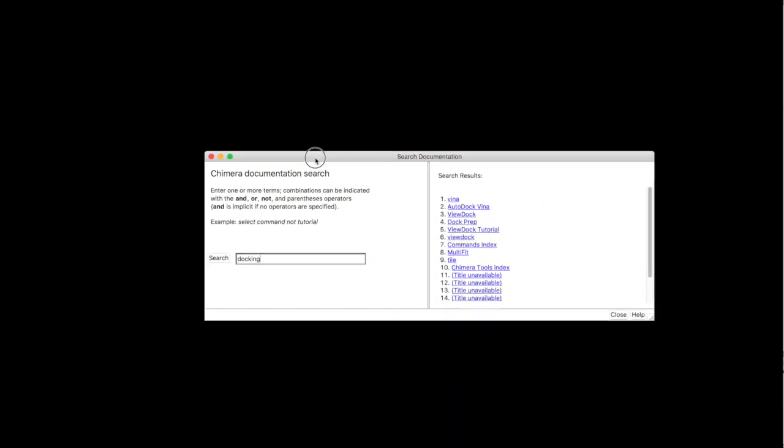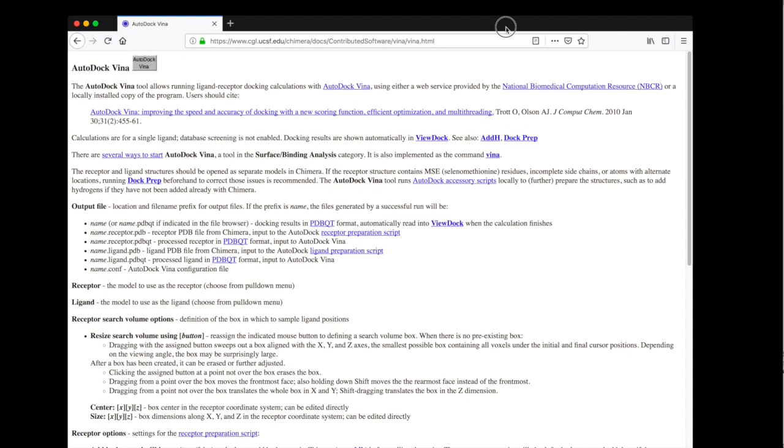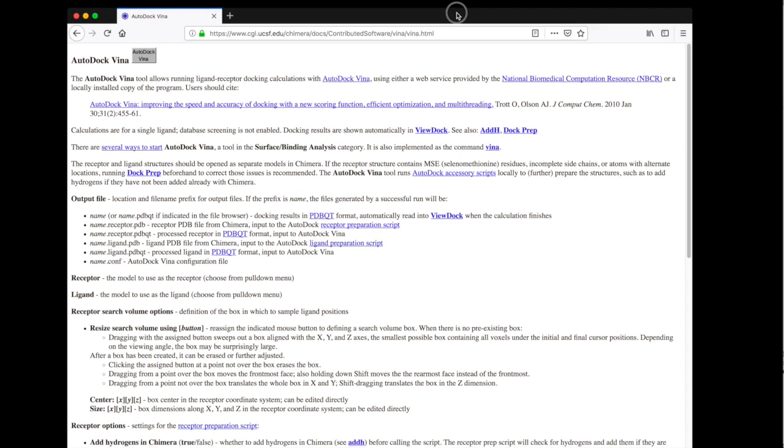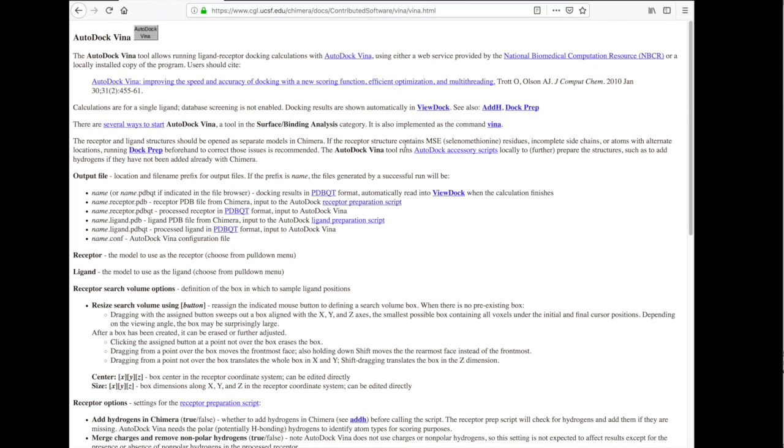To use UCSF Chimera to set up ligand docking using AutoDock Vina. If you're not familiar with docking, you can search for documentation. Just type docking and you can search AutoDock Vina, which is the actual software that runs the molecular docking. You will be taken to this website. You can read the original manuscript here, the paper. And in this tutorial, I'll show you how to set up your